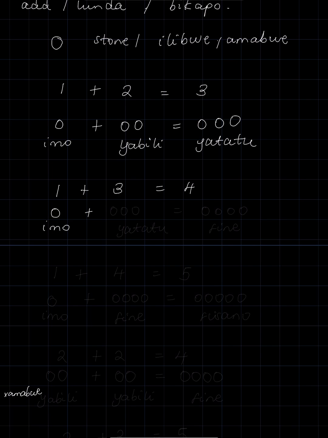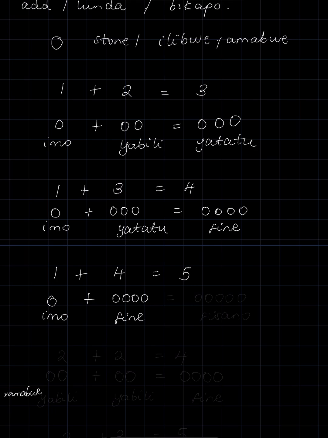Elo tuavika po amawe yatatu. Dola kwata amawe fine. That means we'll have 4 stones. And lastly, if we have 1 stone and we add 4, we'll have 5. So iliwe imo, ilo tuavika po amawe fine, nishtwala kwata amawe sano,